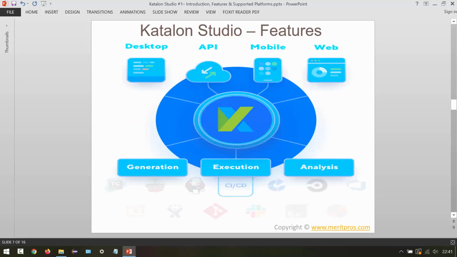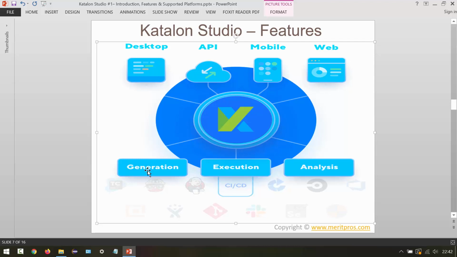Then going further, this picture gives you an overall picture of Catlon Studio features and how it is going to work. So you can see it supports desktop testing, then API testing, mobile testing, web testing. All those are four types of testing you can automate with Catlon Studio.